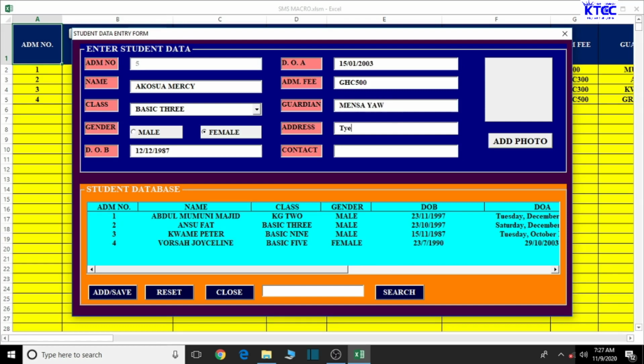Address. We can just type anything there. So if there's a need to type the address, you do that. Then the contact, you can just enter some random numbers. You can enter the phone number. So let's